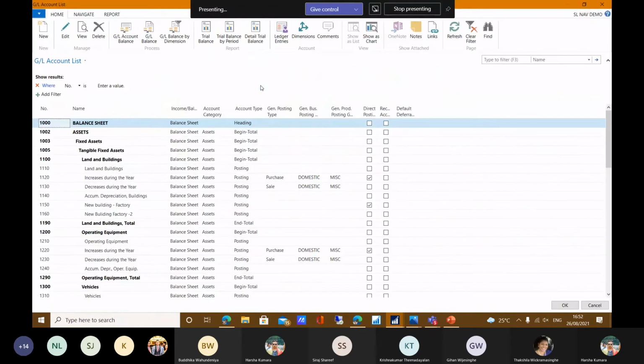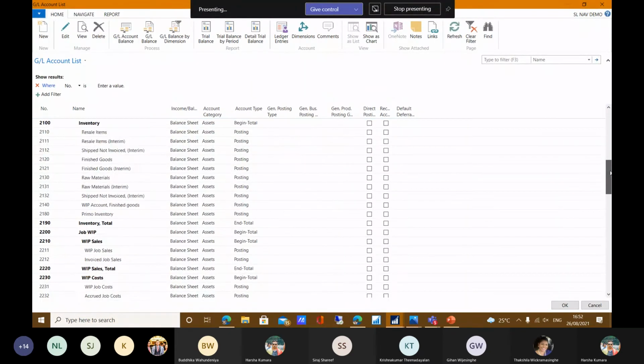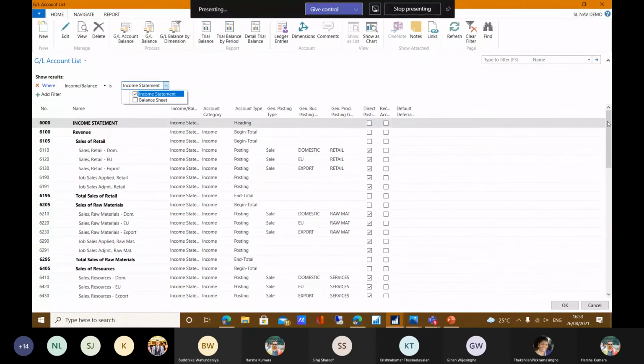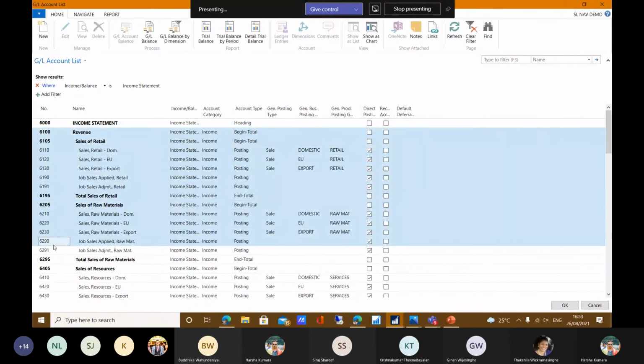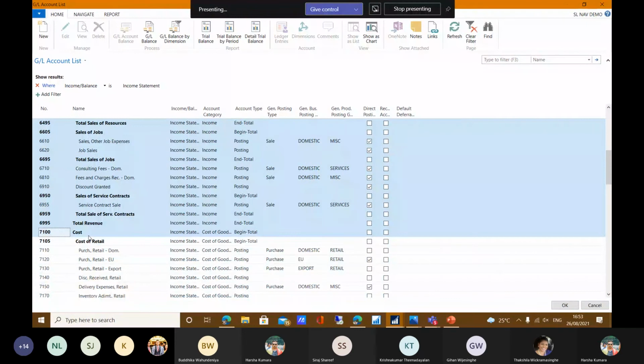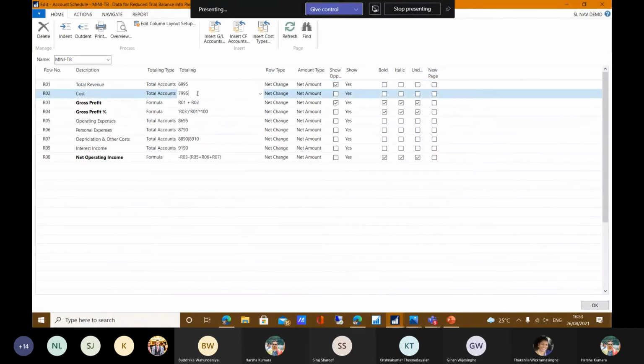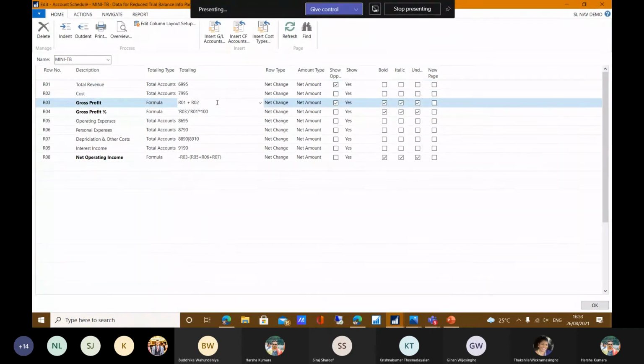We can assign total revenue, as our total revenue should be the end total. Then I will assign income statement, and I can see all the sales related accounts from the revenue. This is the indentation of the chart of account, and the indentation ends here. It means your total revenue figure will update in the 6995 account card. Then I will assign this 6995 account card to here. And likewise, we can assign cost of goods sold as 7995 account, and GP is a formula,